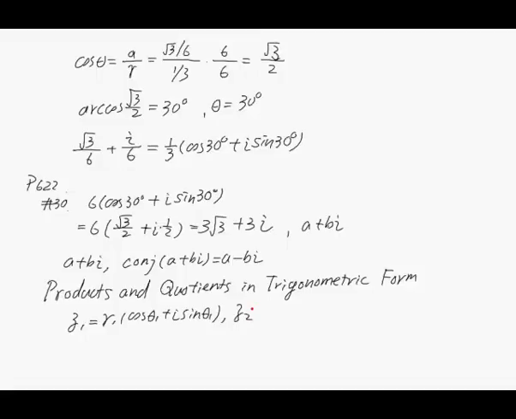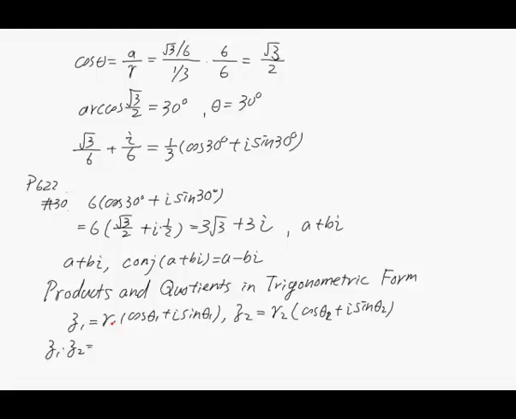Z2 equal to R2 times cosine theta 2 plus I times sine theta 2. Now, let's first look at the product of these two complex numbers. So we have Z1 times Z2